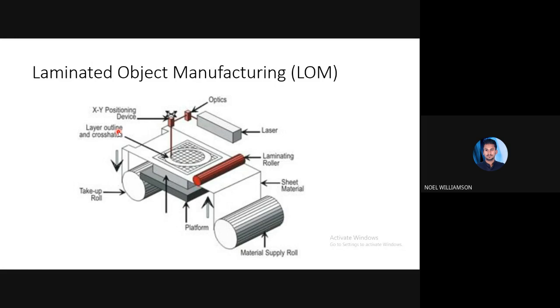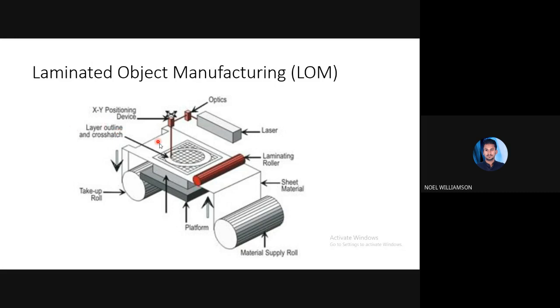So suppose you have to build a vertical hollow cylinder, then what we have to do is layer by layer we have to create the ring like structure as shown in the figure, right? So here is an example.